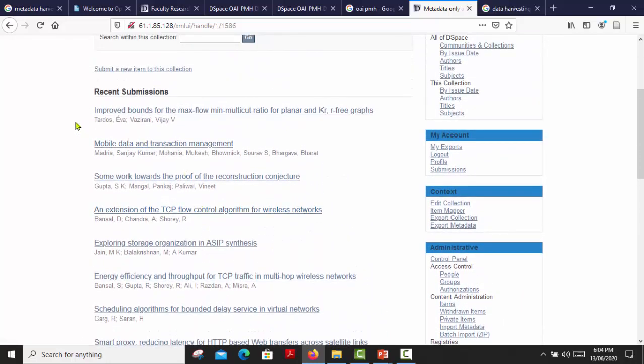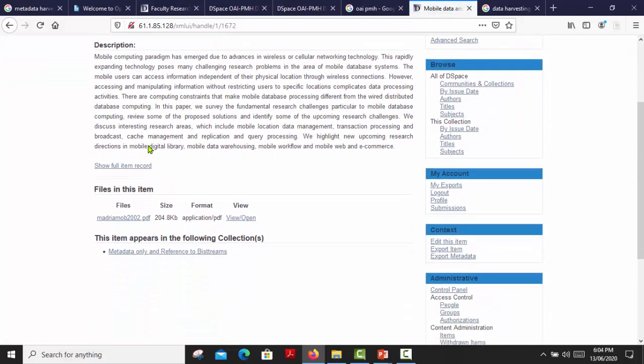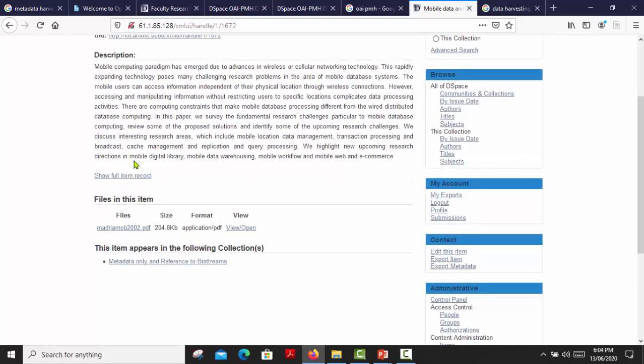Okay, I am opening one of them, this one, mobile data and transaction management. It's an article. Last time, when we harvested metadata only, we could not get the files.